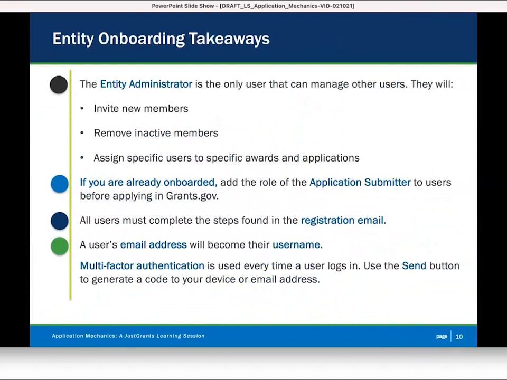Here are some general takeaways and tips for the onboarding process. Entity administrators are the only users that are able to manage other users. This includes inviting new users to JustGrants, assigning roles, and assigning users to specific applications and awards. If you are already onboarded and the role of the application submitter to users before applying for funding opportunities in